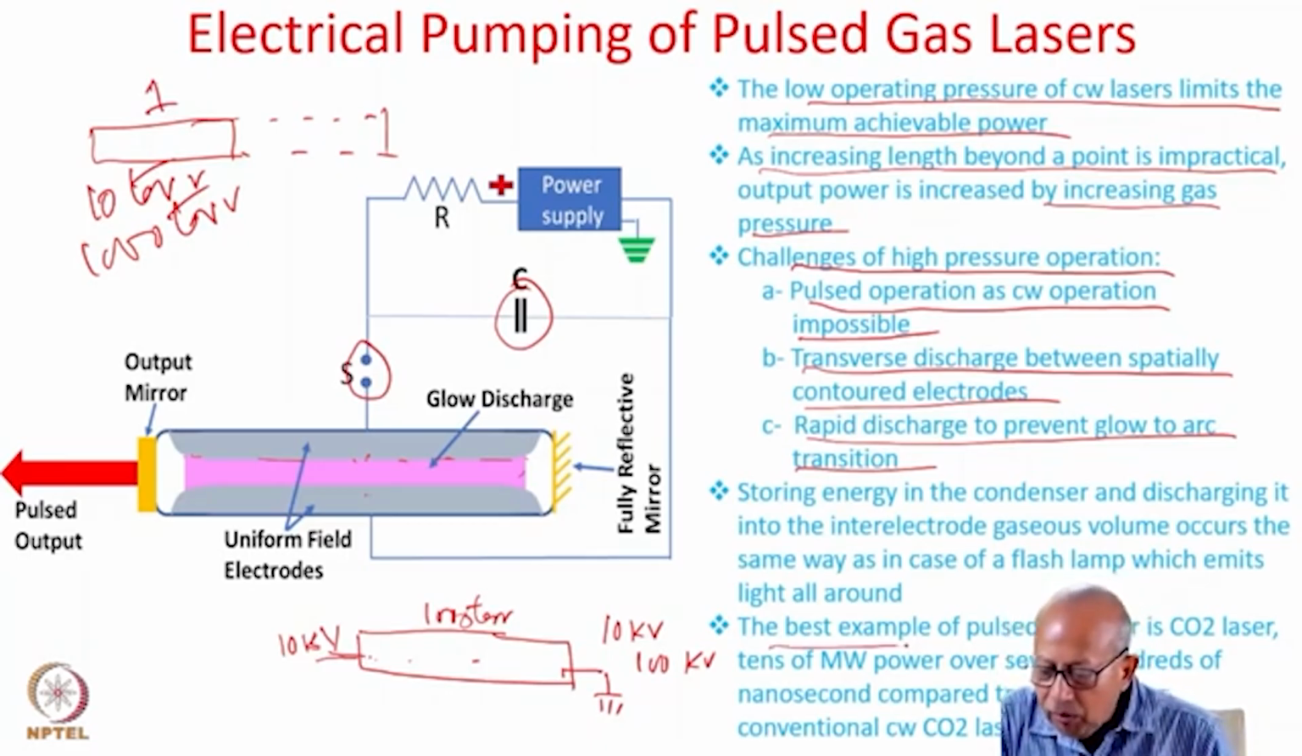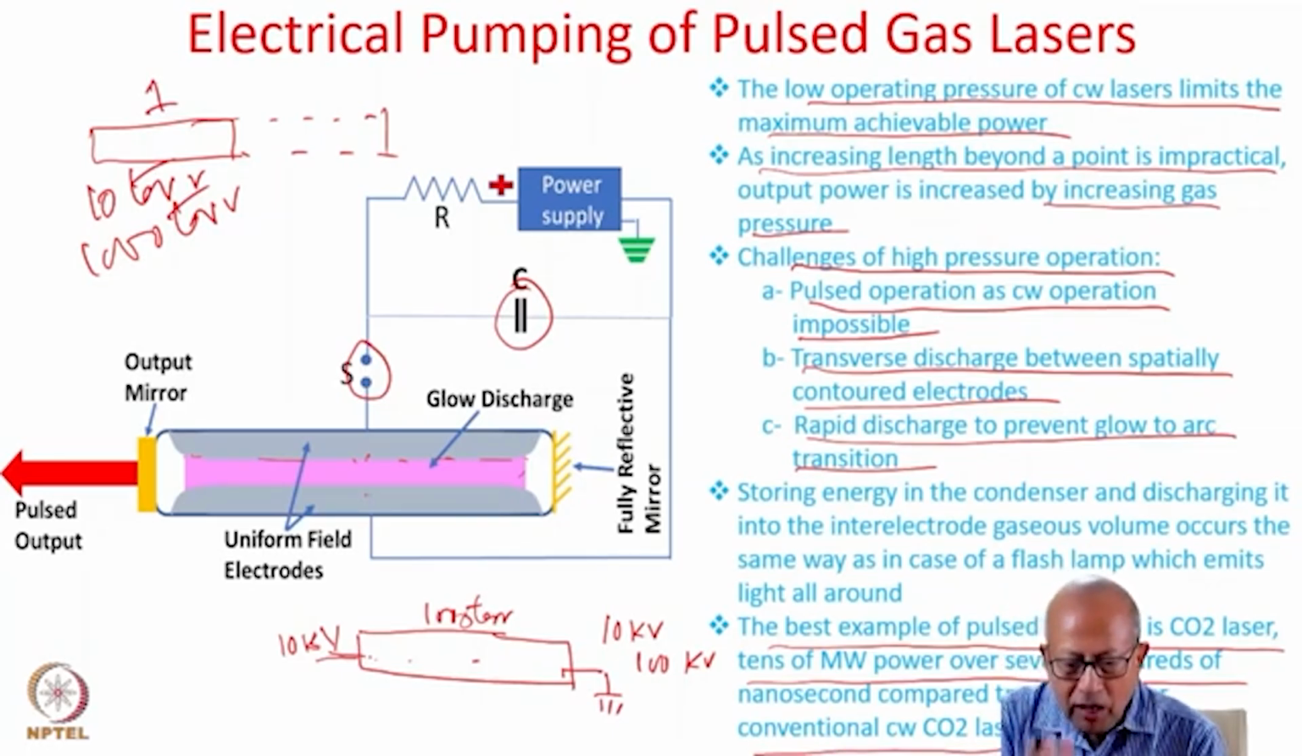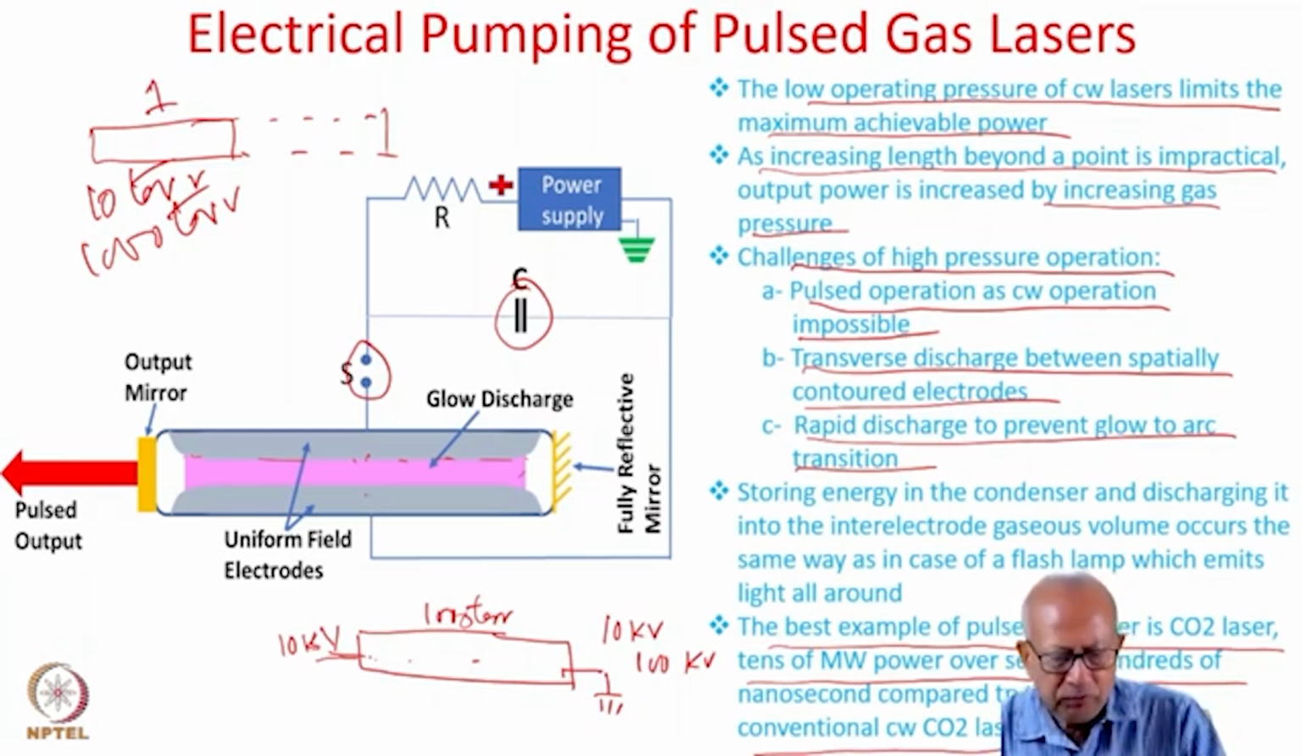The best example of pulsed gas laser is carbon dioxide laser, which can easily emit tens of megawatt of power over several hundreds of nanoseconds, compared to just tens of watt for a conventional CW CO2 laser. But I'm only giving you some very brief exposure to this. You will learn much more on this when you study a carbon dioxide laser in detail in some of the future